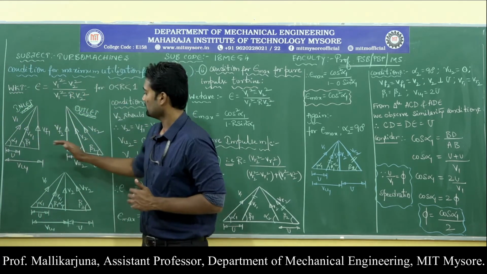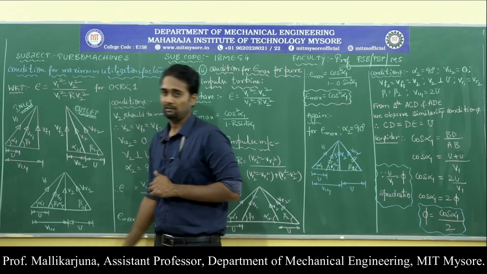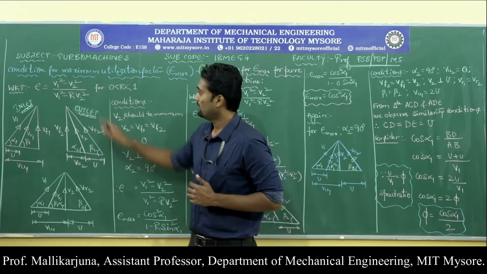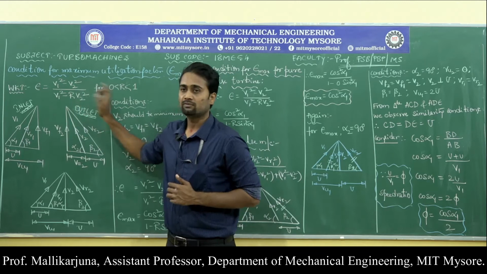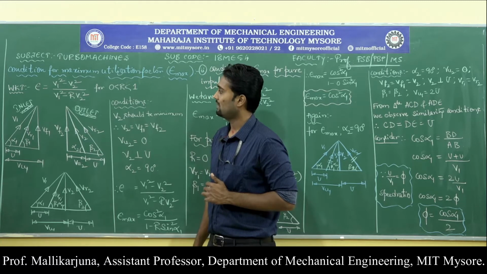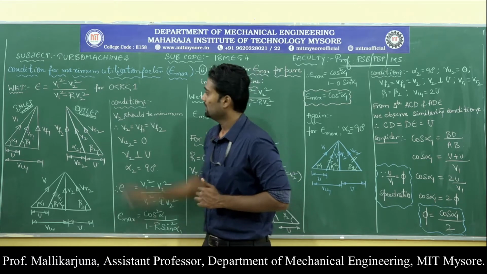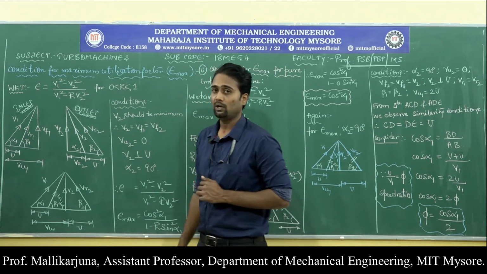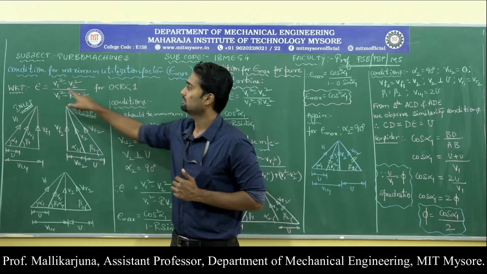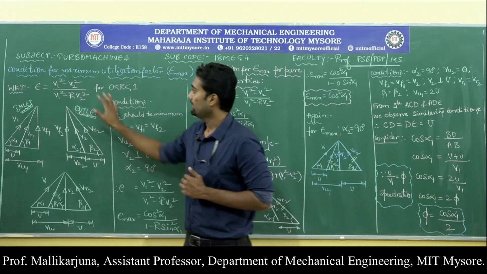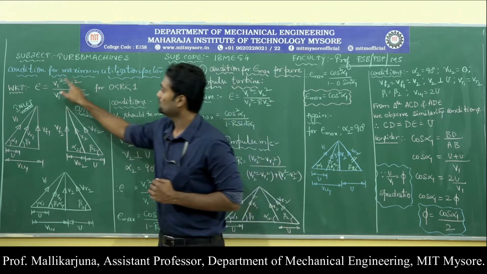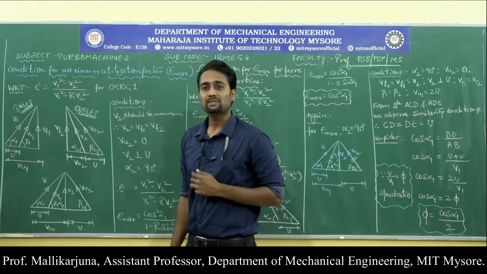Now, for maximum utilization factor, in the sense that epsilon needs to be maximum, the equation for epsilon is available with us, which is V1 square minus V2 square divided by V1 square minus R times V2 square. How can epsilon be maximum? By looking at the terms it consists of. I have only these terms in the equation of epsilon, and I have to play with only these terms in order to make epsilon maximum.